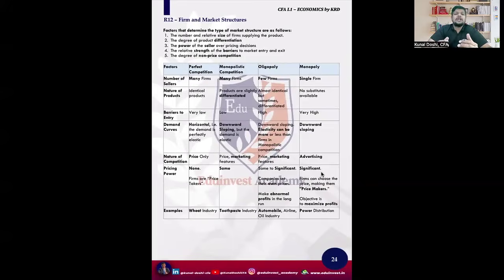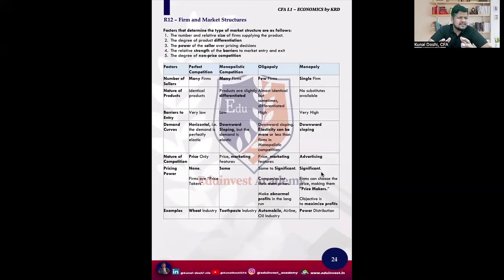The CFA Institute expects you to know what is demand and supply and what is equilibrium, what is average revenue, what is average cost, what is total cost, what is marginal cost. All of this CFA Institute expects you to know. That's why they have put all of that in the prerequisite. Most of these things I've also covered and I've already uploaded freely on YouTube also, the demand supply in detail, in case you want to go there and understand the basics.